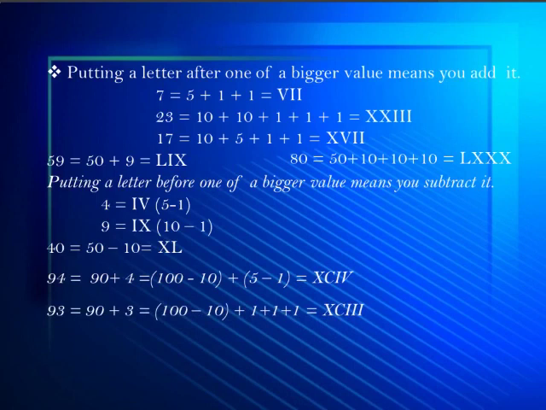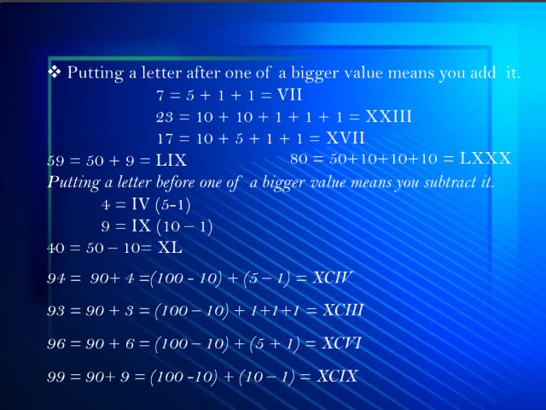And what is the next number you have? 4. So 4, how do you write? 5 minus 1. So the same way, the Roman number for 5 is V, and the Roman number for 1 is I. Since it is subtraction, you will write the I before V, and the Roman number for 94 is XCIV. So remember, for 90 it is XC and for 40 it is XL.